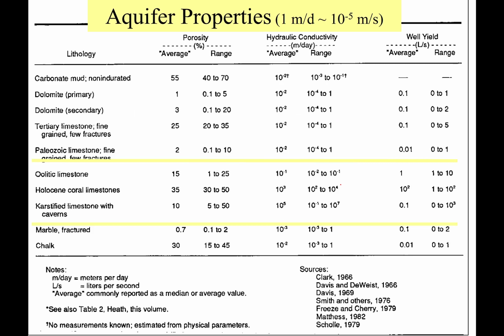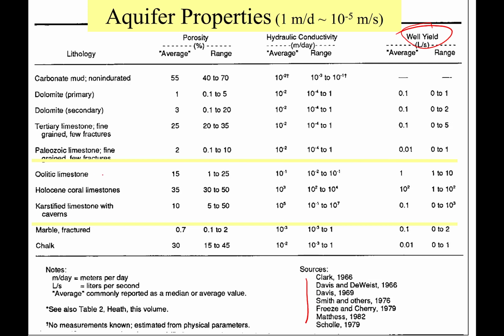So here are some values of properties from a variety of sources. This is also from the book by Bill Back. And so this gives the porosity, hydraulic conductivity, and kind of an expected well yield. The yellow bars show some of the materials in the Paleozoic limestones. Well, actually, the yellow bars show some representative materials,